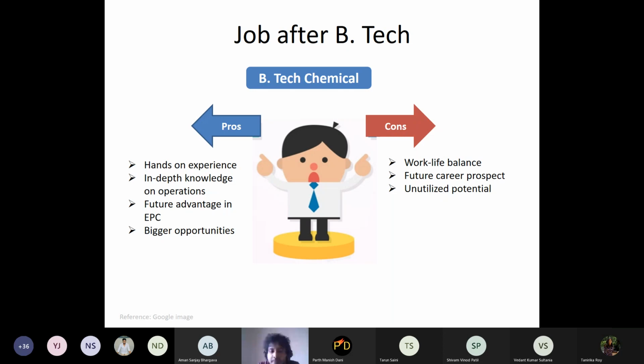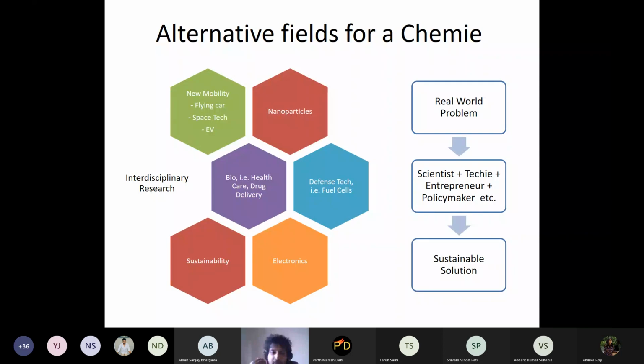So if you go to the next slide, yeah. Now after the B.Tech, assuming that you want to go for higher study, there are multiple areas of interdisciplinary research which exist. One of them is sustainability. Nowadays, due to the climate targets, climate studies and climate targets, lots of things are going on in sustainability, like net zero. There are science-based targets. You can Google. You have sites. You can find lots of material there.